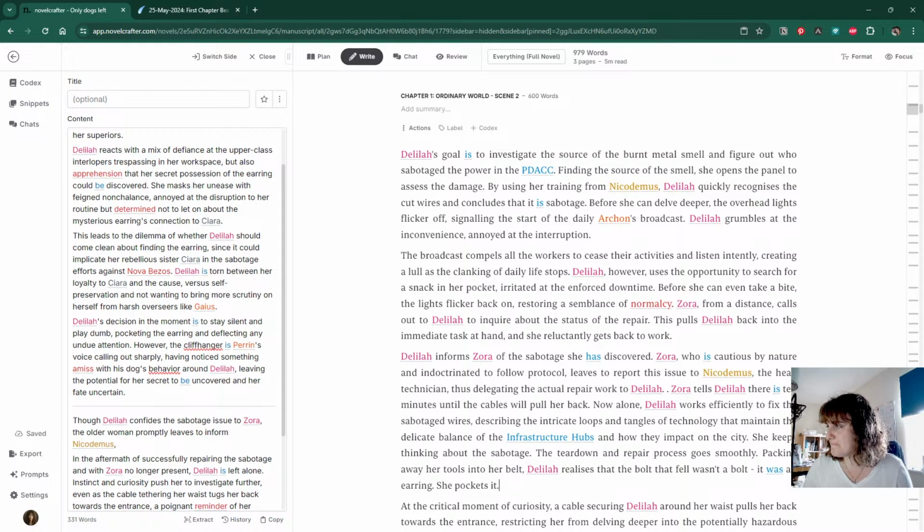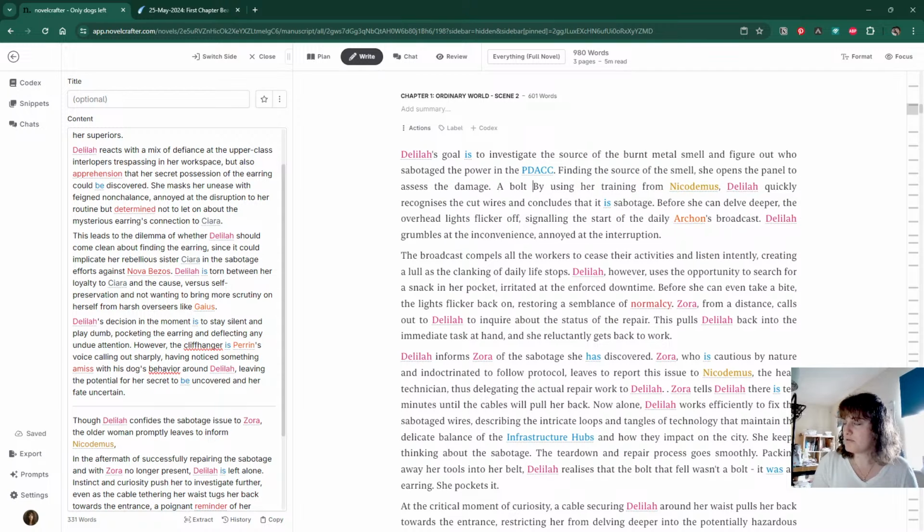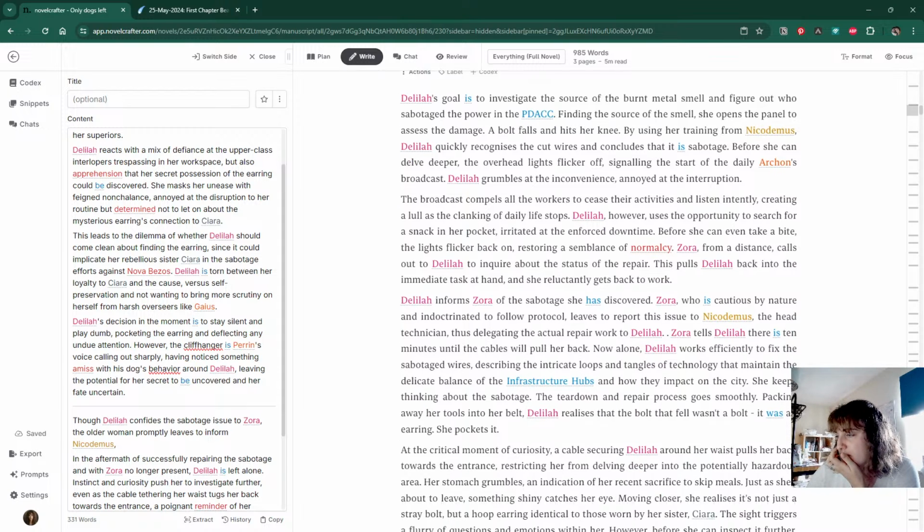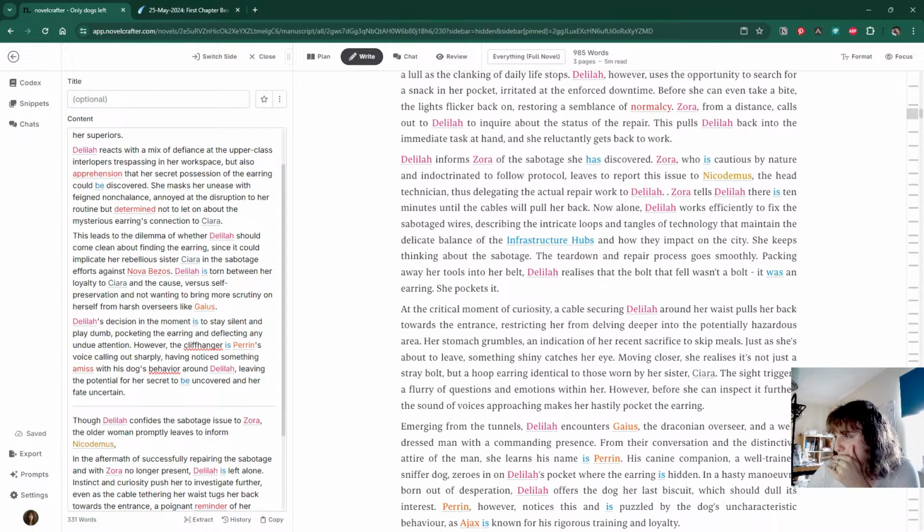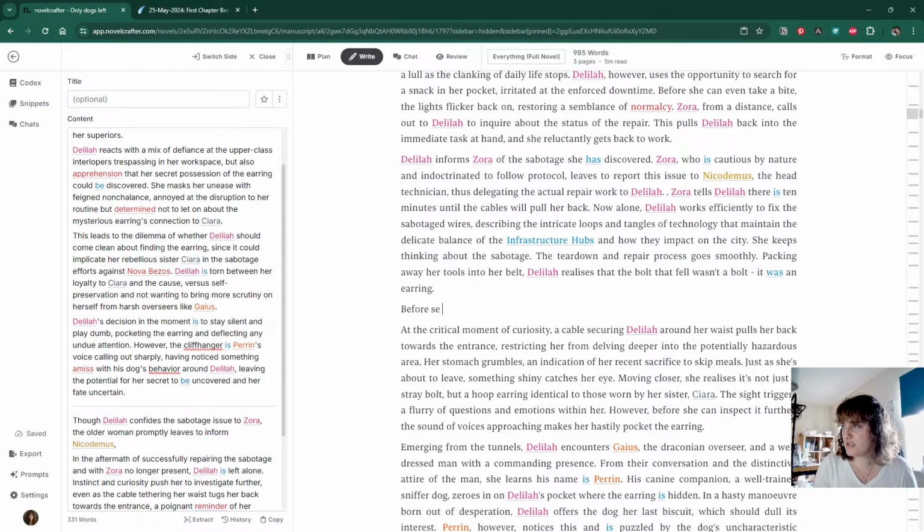A bolt falls and hits. Okay, before she can look at the earring,